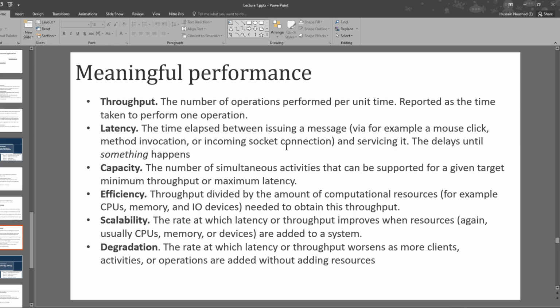And then you can find other definitions also of this. They ultimately mean the same thing. Latency, the time elapsed between issuing a message via, for example, a mouse click, method invocation, or incoming socket connection, and serving it. So for example, someone has requested data, someone has clicked the mouse, and the time it takes for you to respond, that is latency, right? The delay until something happens, that is what latency means. That also is used when you are describing the performance of a system, of an application,